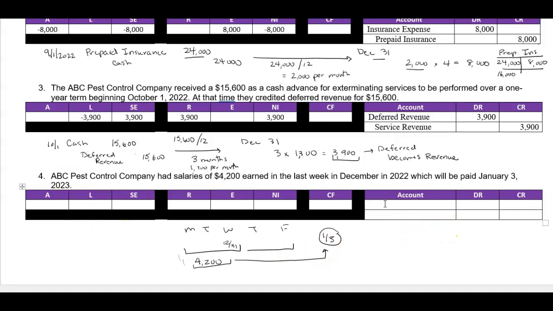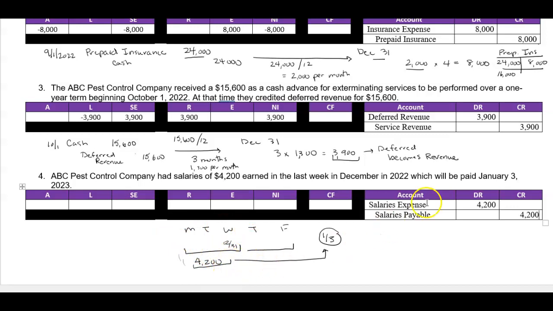So when it's salaries at the end of the period, we just do salaries expense for $4,200, and we would credit salaries payable, or it could be wages. This one said salaries, so I'm going to stick with it. We're not paying the wage, we're just simply accruing it. So anytime we accrue salaries, what happens is we have a pay date that falls after the end of the year, but our employees earn the money during the current year. So any days they work this year, whether we pay them yet or not, has to be accrued in the